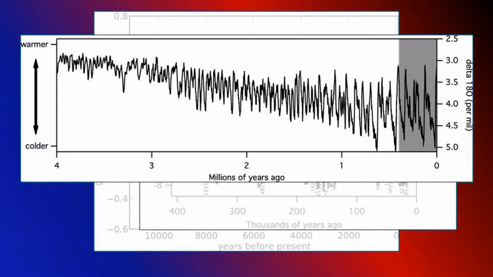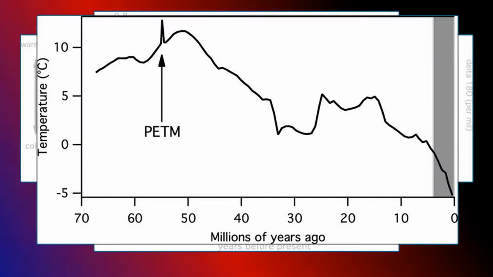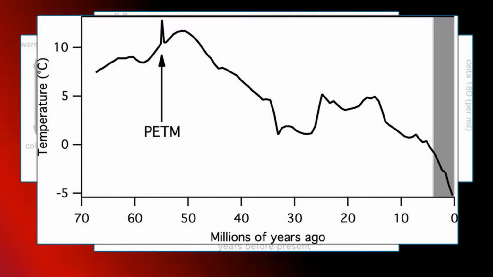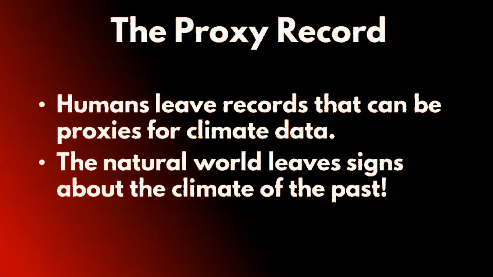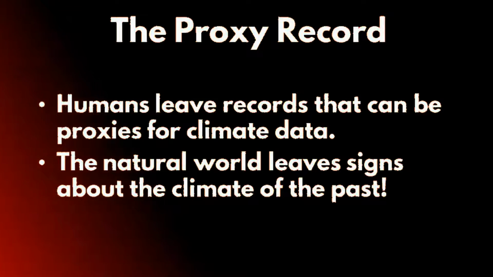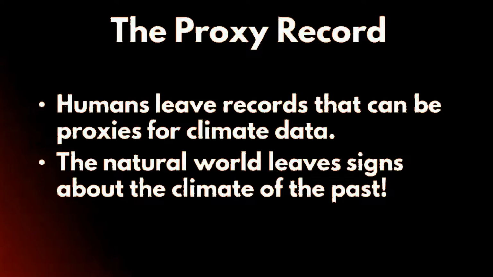In heavens, there's a similar diagram I got from your textbook that extends it back 4 million years of temperature records for the world. And in fact, here's one that goes back in your textbook even back to 70 million years ago. Heavens, dinosaurs were walking the Earth 70 million years ago. How on earth are we getting these kinds of records? Well, clearly we're not getting these from calibrated thermometers and rain gauges and stuff like that. Rather, we have to use some kind of proxy for that kind of information.